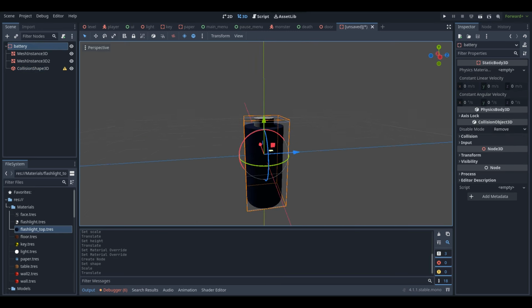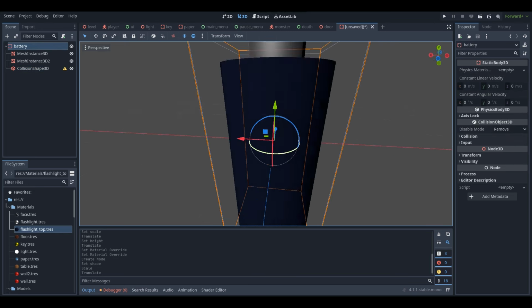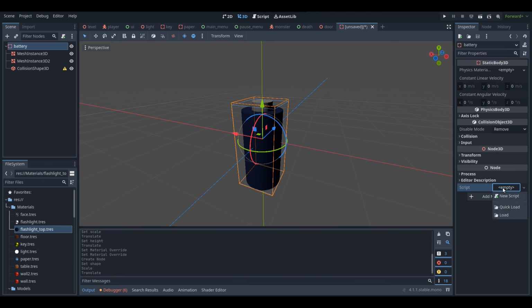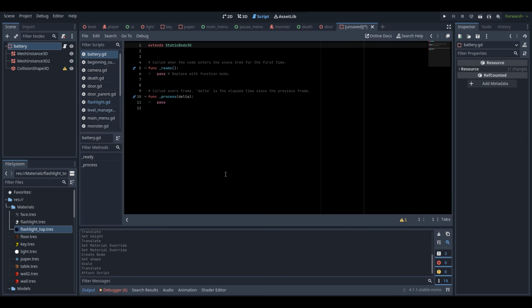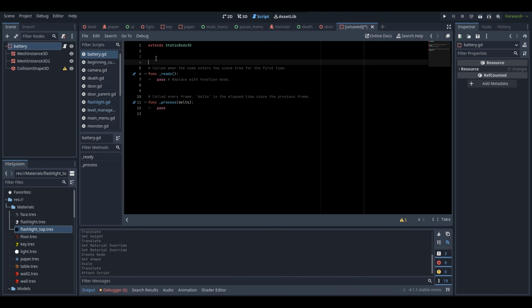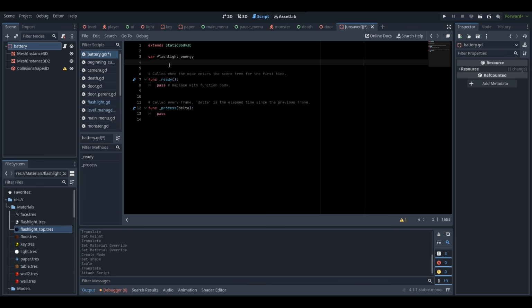So now with this battery, we are going to make a new script for it. We'll call it battery, and I'm going to save it into my scripts folder. Go create. And now we're going to create a new variable. This variable will just be called flashlight_energy. And then we're also going to have another variable called